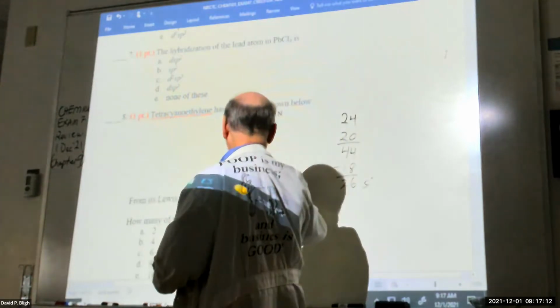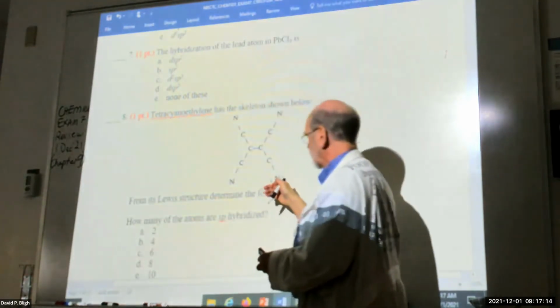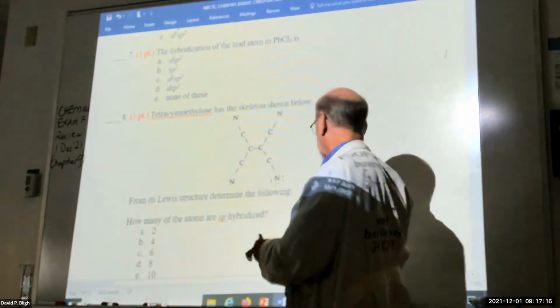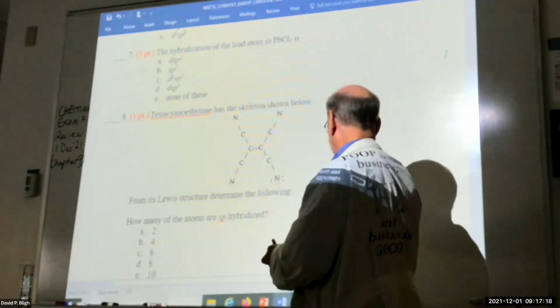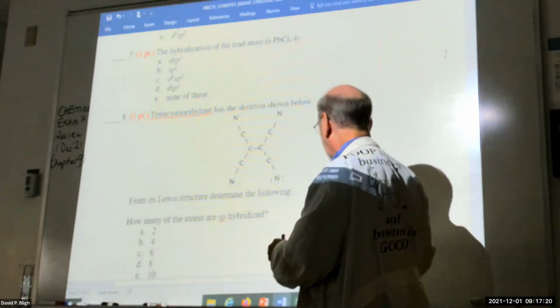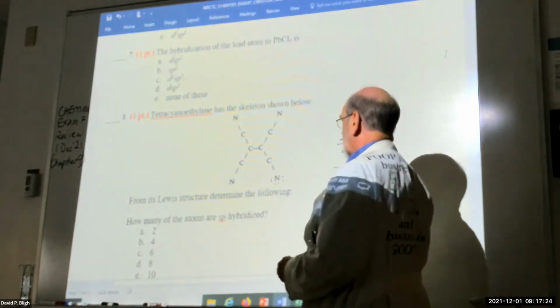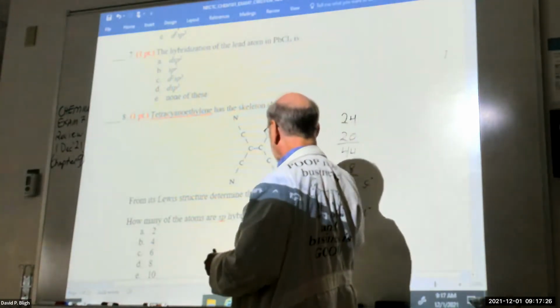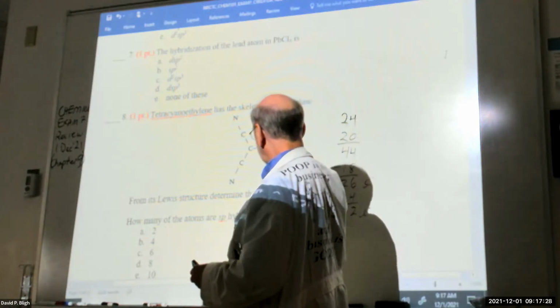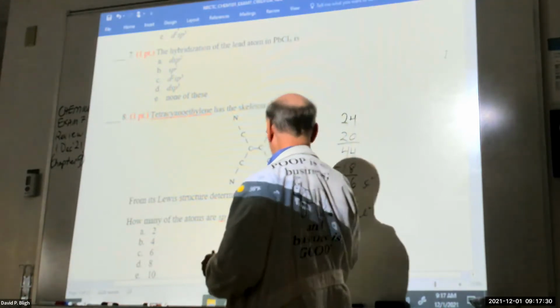If we put 6 more around each nitrogen, then that's 4 times 6 is 24. Right, so we have 1 pair of electrons that we don't know what to do with. If we follow the convention and move to one of these carbons and put that lone pair,